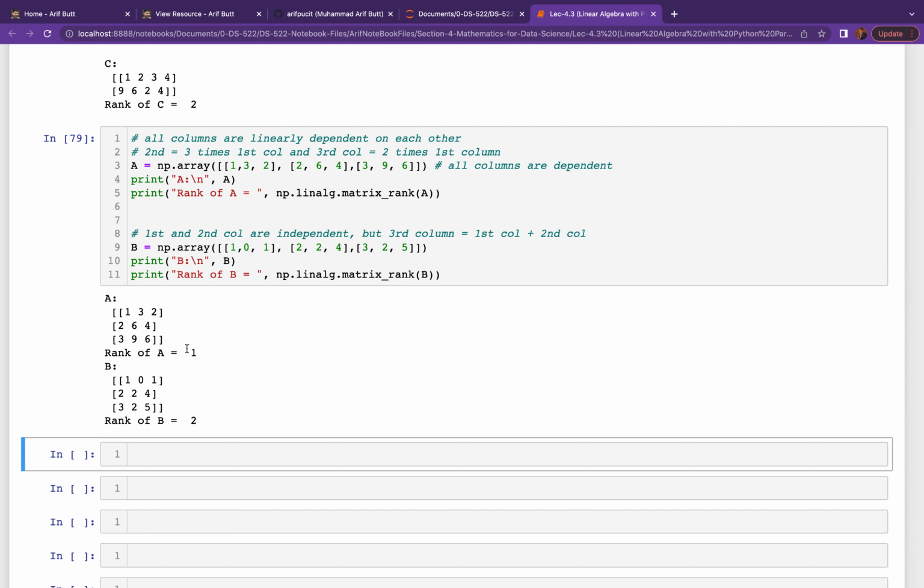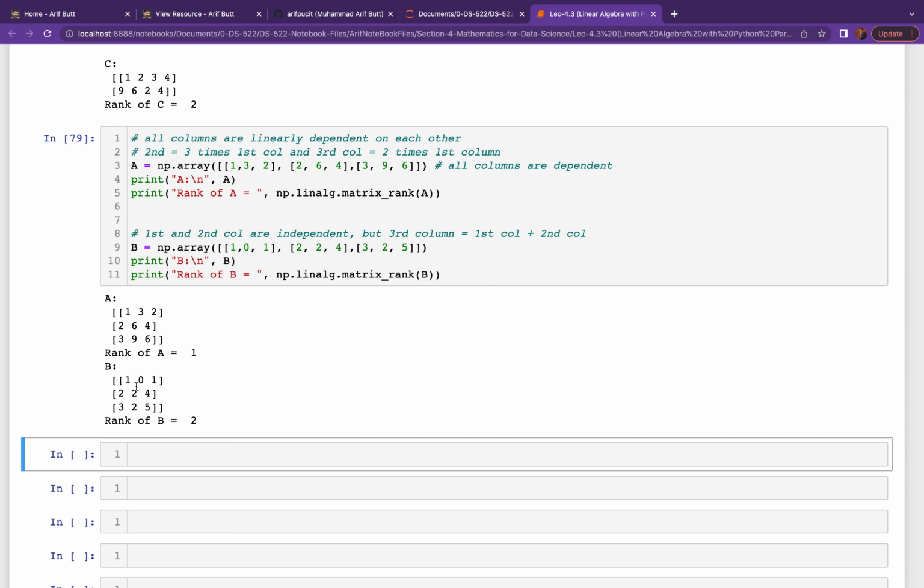And the reason is that all the columns are linearly dependent on each other. This second column can be achieved by adding these two columns, we get this column. 1 plus 2 is 3, 1 and 3 is 4, 2 and 6 is 4, 3 and 9 is 6. Great. And over here as well, as far as this B is concerned, the first and the second column are